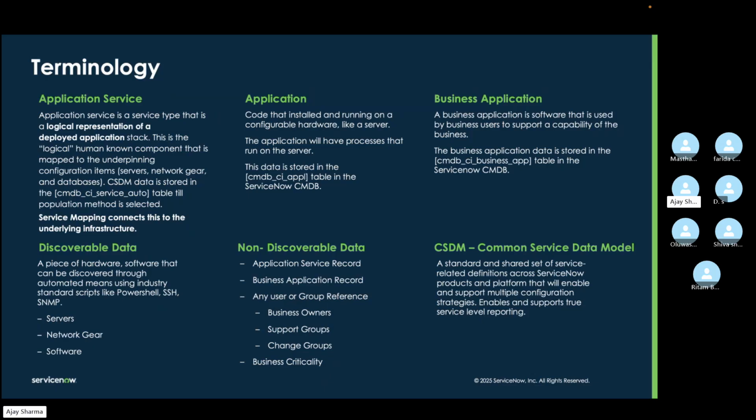Then we have discoverable data, which we are able to discover through discovery and service mapping via servers, network gear, and software. Then non-discoverable data, which is the application service record, business application record, or any user or group reference related to business owner, support groups, change group, or business categories. We cannot discover that one. It's manual data, which you have to